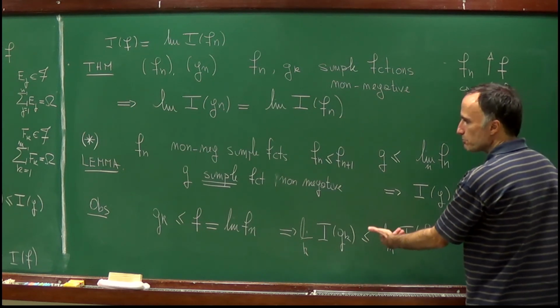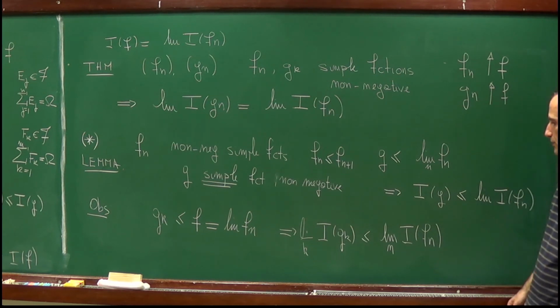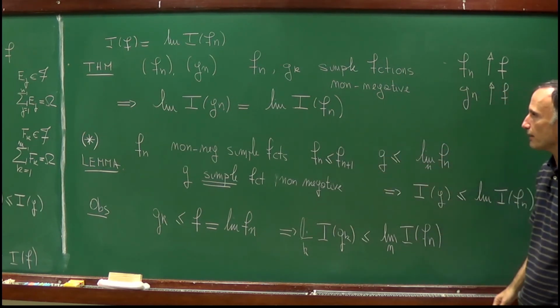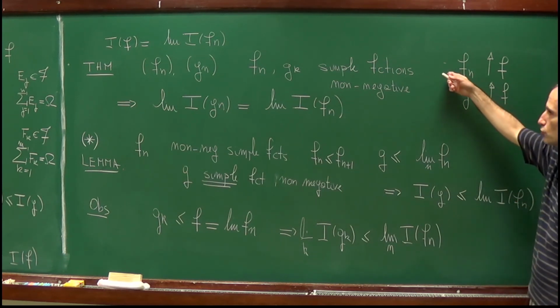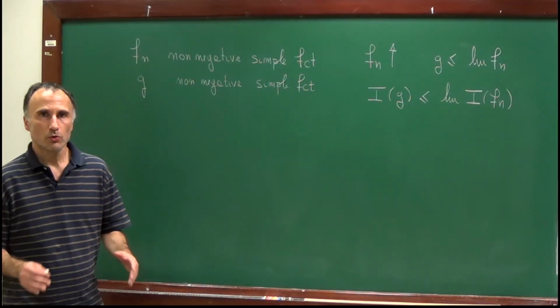And of course this is symmetric, so we can replace g by f and f by g to get the reversed inequality, and therefore the fact that both limits are equal. So in order to prove that theorem, it's enough to prove this lemma, and this is what we will prove now. So let's prove